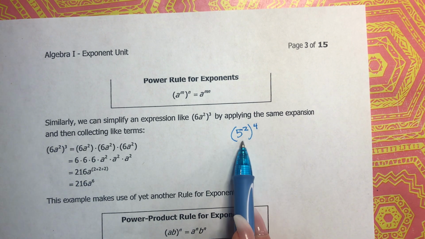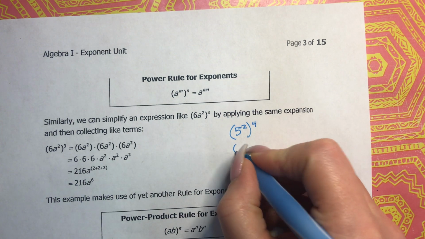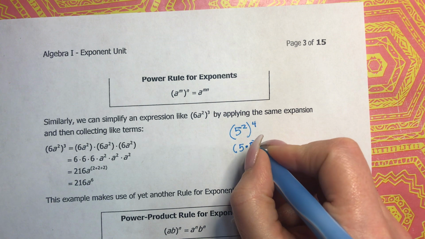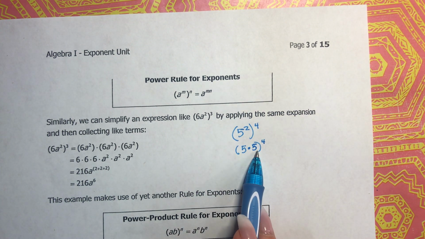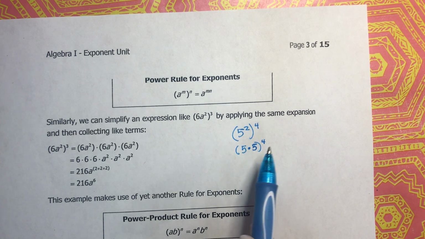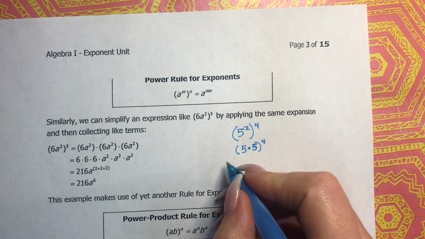But let's think about this. Okay, what is 5 squared? Well, 5 squared is the same thing as 5 times 5, right? So 5 squared is the same thing as 5 times 5, and 5 times 5, all of that is raised to the 4th power, which means 5 times 5 is our base, and that is written,